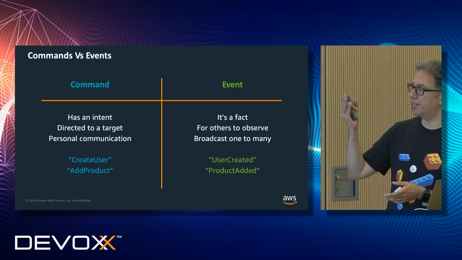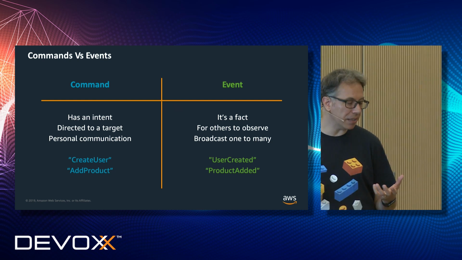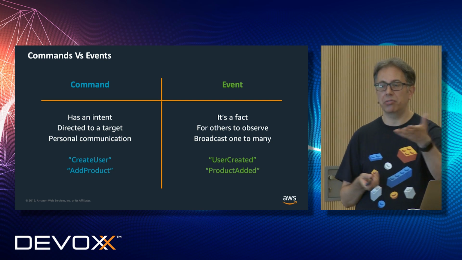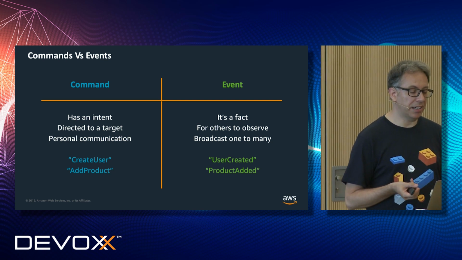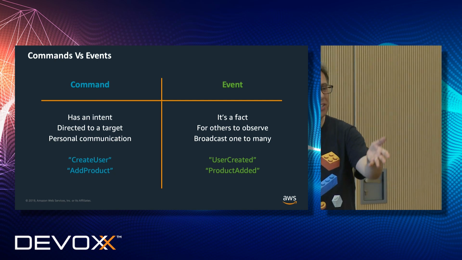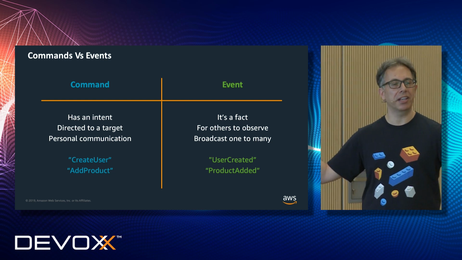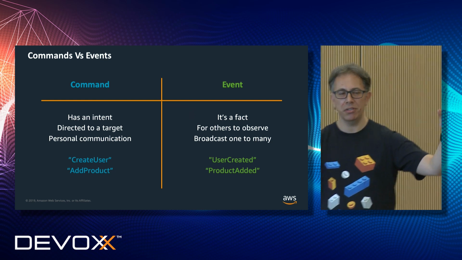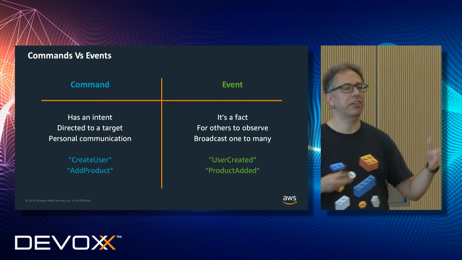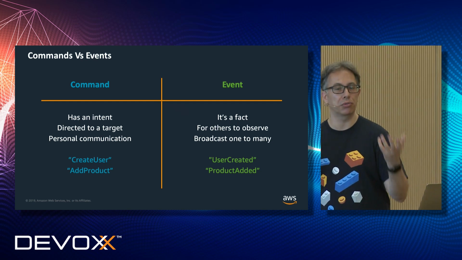But it's really interesting to think that if you think of APIs, for example, APIs are commands, and they have an intent. Create a user. You need to create a user. It's a targeted, almost personal communication. I can ask you, please create a user. It's one-to-one. But if I say a user has been created, I'm talking to all of you, and maybe not just you, but maybe other people are interested in the fact that this user has been created, and maybe they can use this information to do something.